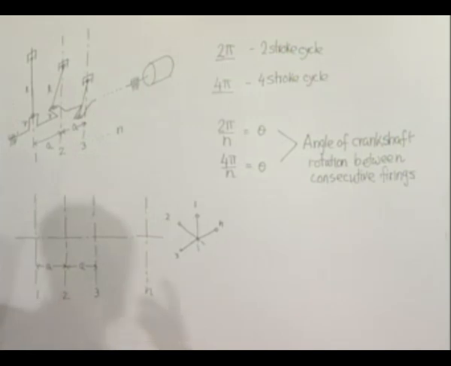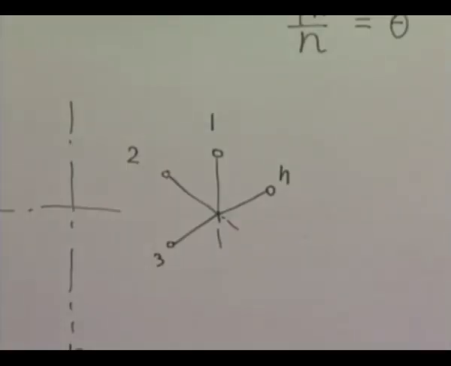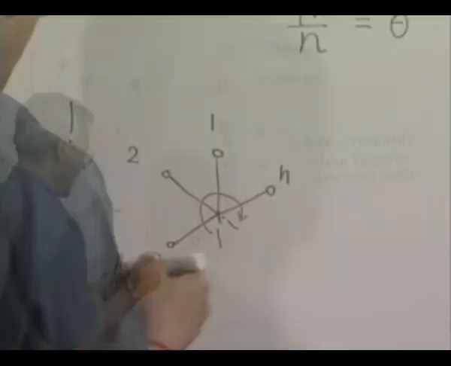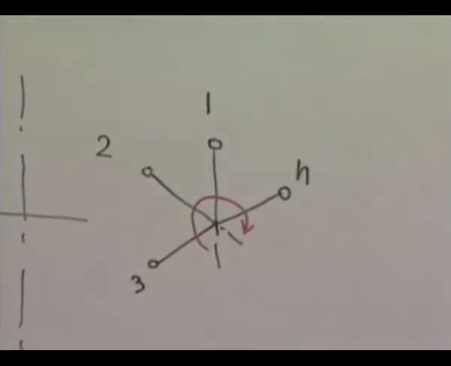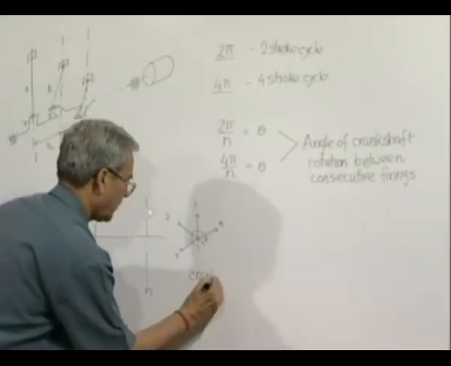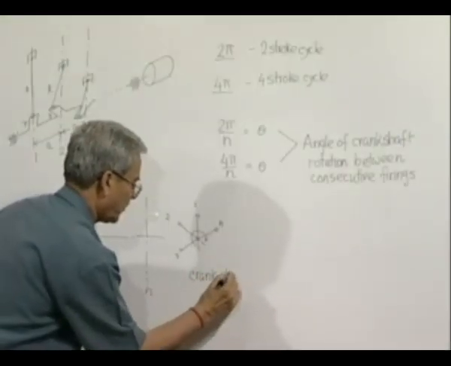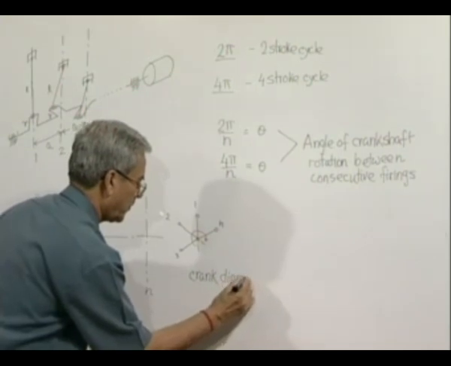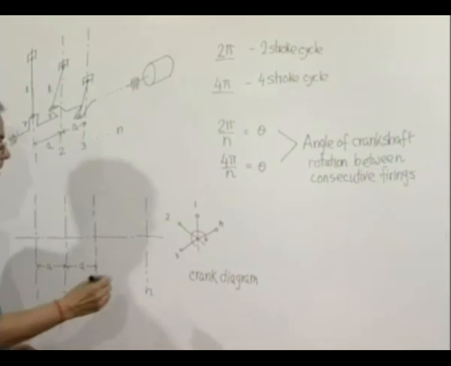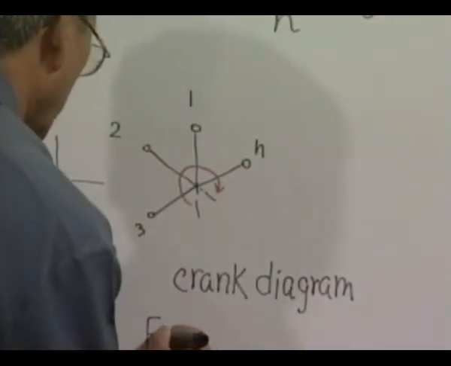And we always have to indicate in a crank diagram the direction of rotation. We know, say, the direction of rotation is this, and therefore, we can also see from this crank diagram, we can also find out the firing order. Firing order in this case will be